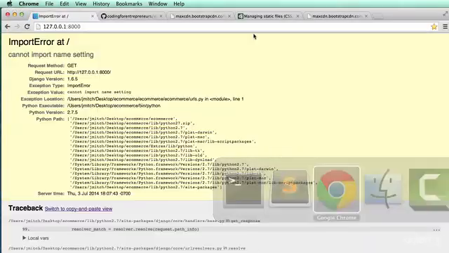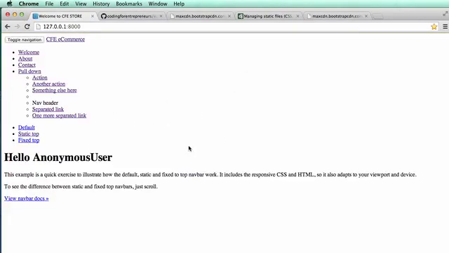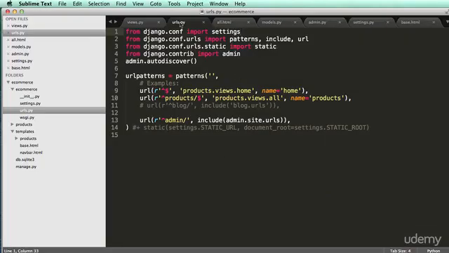Do a refresh. It's still not loading. And that is because we don't have it in our URLs, we don't have it being served. So when we get into production, we're not actually going to use this. So what I'm going to do, instead of actually appending it to the URLs that way, I'm going to do